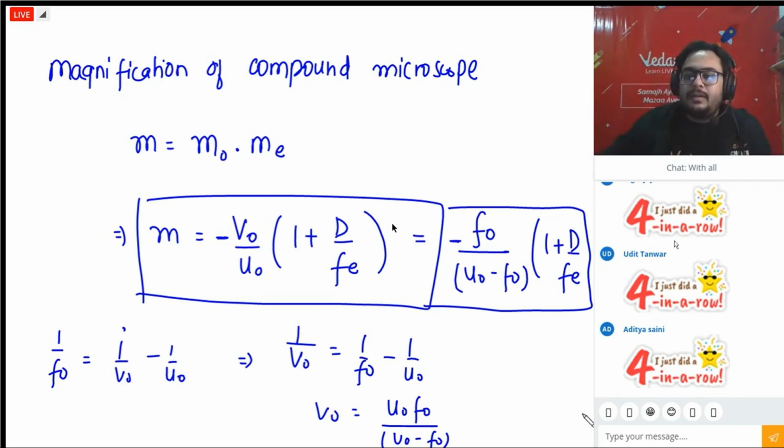Siddhant, that is not a question from this class. Okay. How does the fringe width of interference change when the whole apparatus of Young's is in a liquid of refractive index 1.3? Are you comparing it to air? Fringe width is lambda D by d, and lambda, if you go from air into 1.3, obviously your lambda will decrease by a factor of mu. So fringe width will decrease by 1.3. Siddhant Kumar, your answer is beta will become beta by 1.3.